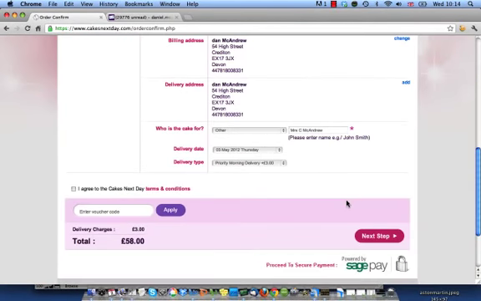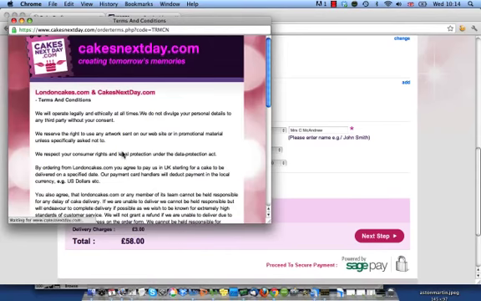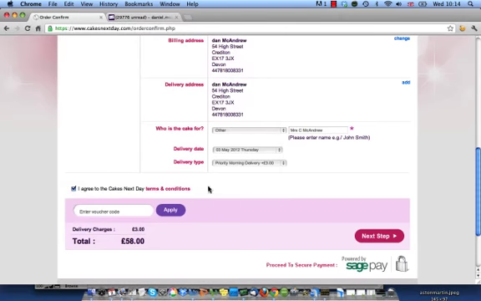So that's everything set. Everything's looking good. I'm just going to click here to agree to Cakes Next Day terms and conditions, which if you click on this link here, you can see standard terms and conditions, all fairly standard stuff. So the final thing to do is click Next Step,